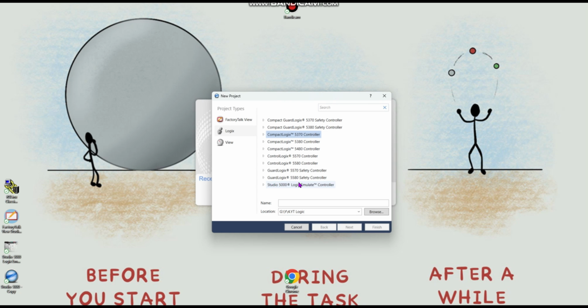Then you can select Studio 5000 Logix Simulate directly. Click on it, because I also don't have any other hardware. Studio 5000 Logix Simulate is 5570. When you open Studio 5000 Logix Simulate, you can see 5868. So here you can write